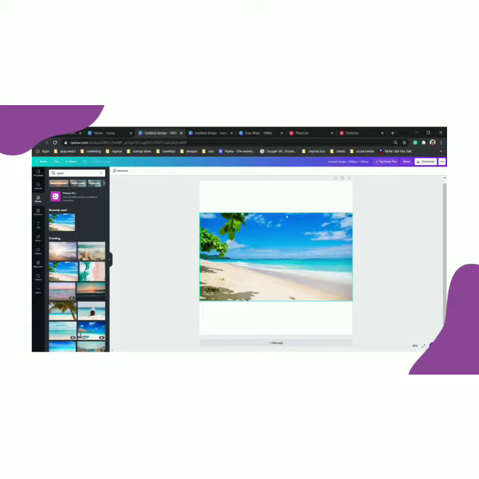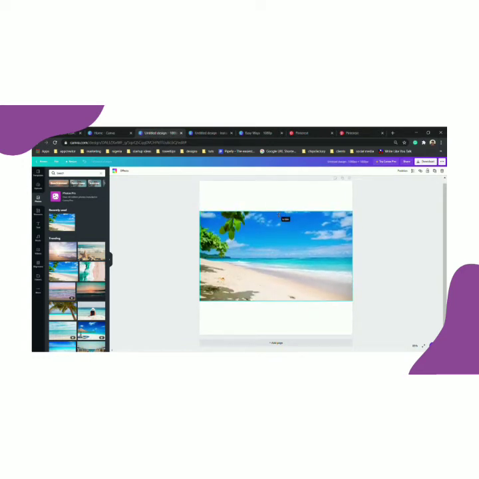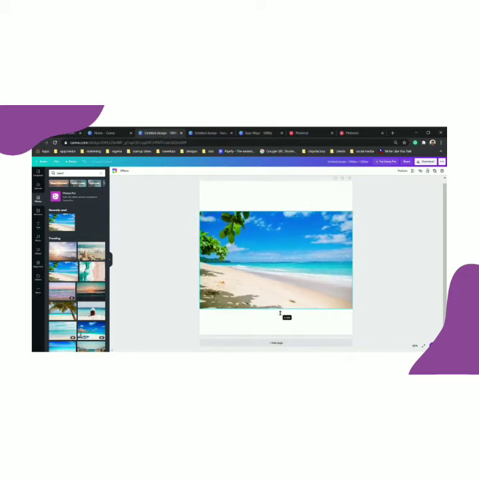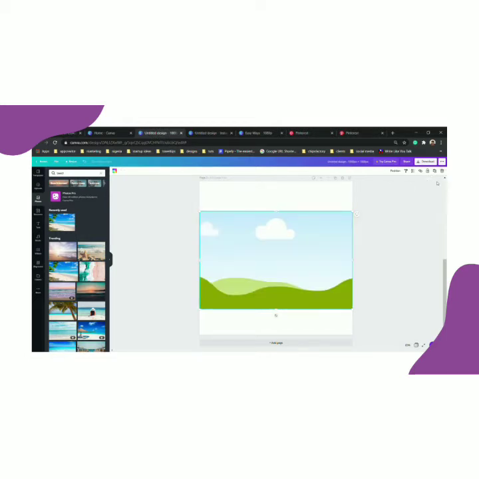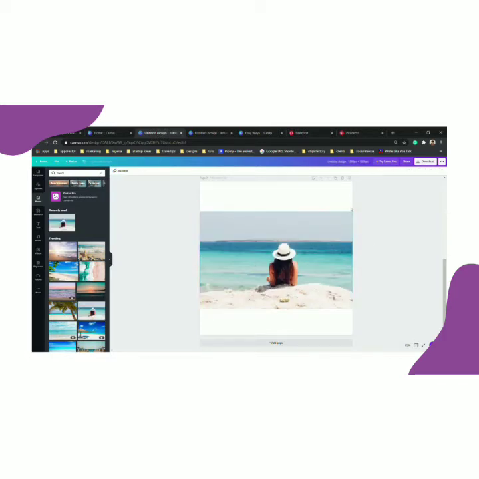So don't forget, I said it depends on how wide you want your white borders to be. You could drag them lower, you can increase it. It depends on how you want it to be on your feed. So this is very simple and easy to achieve. All you have to do is just duplicate and have a new page. Select the image, delete image, don't delete the grid, and just keep on adding images you want to add